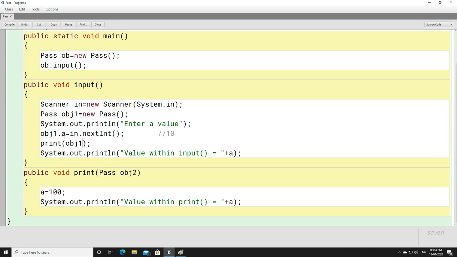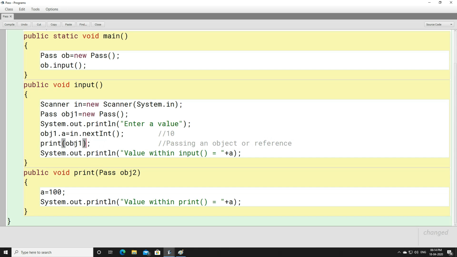Instead of passing a value that is a, when you write a here, that means you are passing a value. Instead of passing a value, what we are doing is we are passing an object here, right? We are passing an object, or you can say that we are passing an object reference.